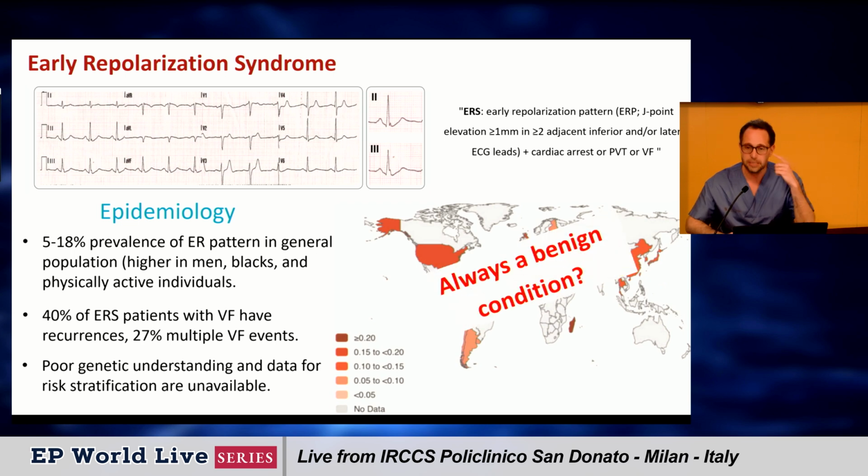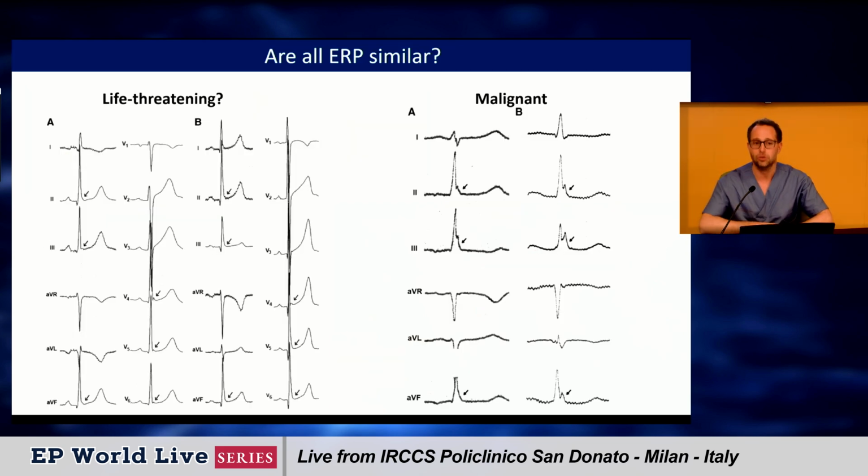So, is this concept always a benign condition? Of course not. The ECG pattern clearly identifies those abnormalities which are mainly associated with a malignant early repolarization pattern, which is clearly observed in this slide on the right side, with a particularly pronounced notching pattern with a delayed component at the end of the QRS, observed in the inferior leads and the inferolateral leads,